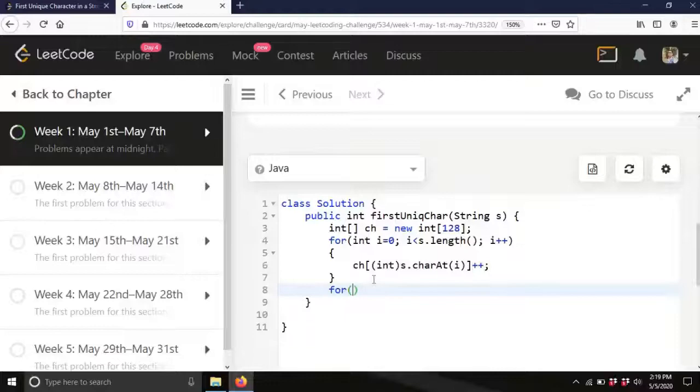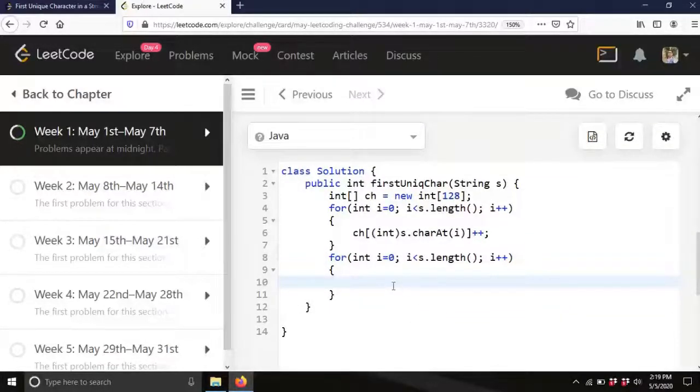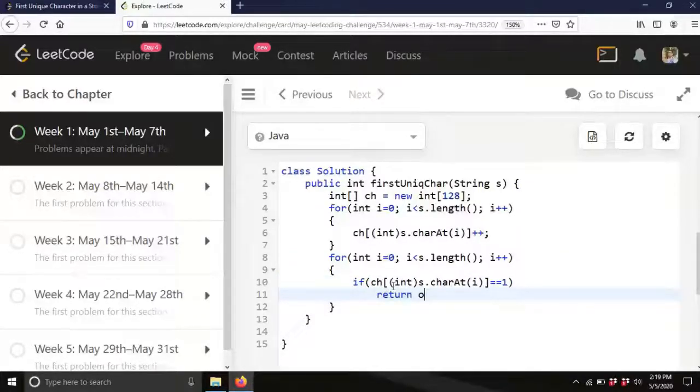Now we will iterate through the string again: int i equals 0, i less than s.length, i plus plus, and check the first character whose frequency is only 1, and return it. The condition will be if ch of int s.charAt(i) equals 1, we will return i.